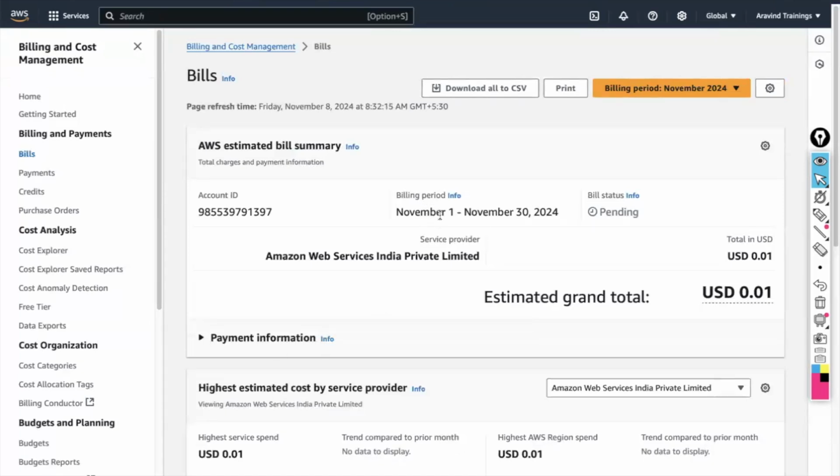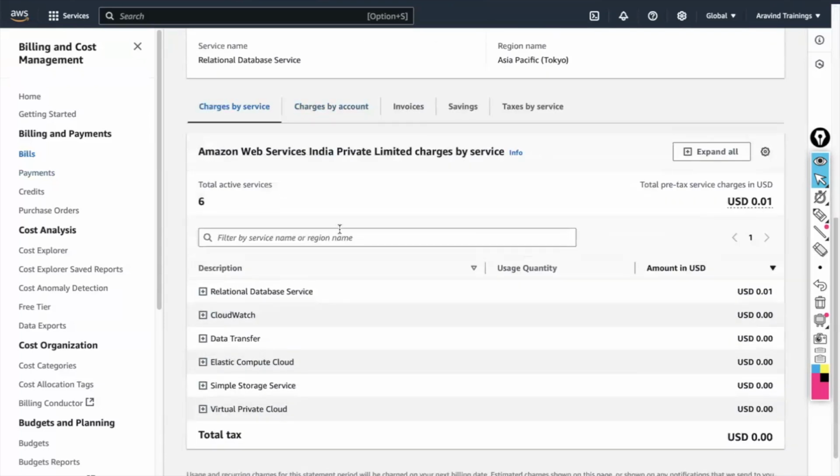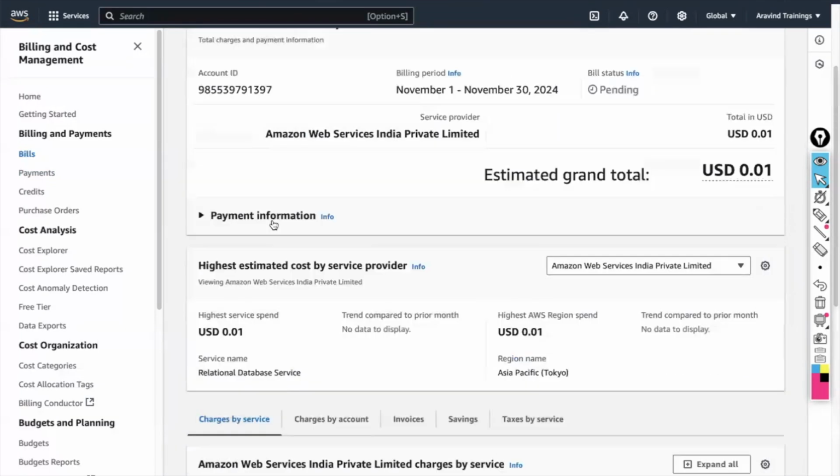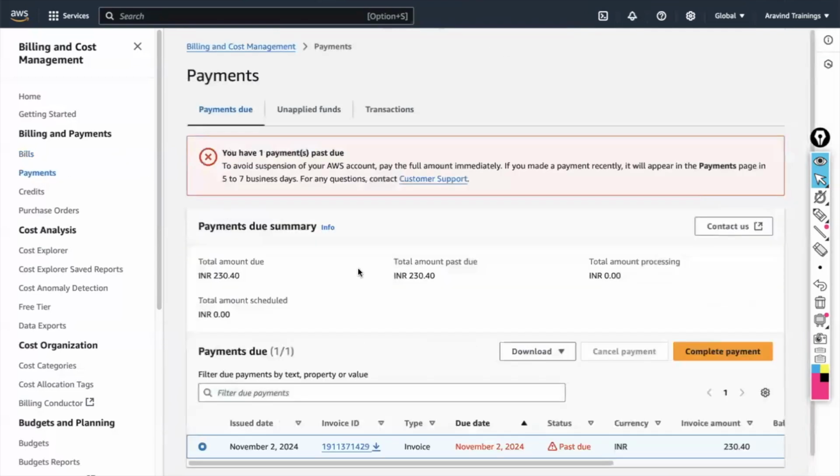But in the month of November, today is November 8th, just for the last 7 days, till now the bill is generated for $0.01 only. I used 6 services. And next, if I go to payments,